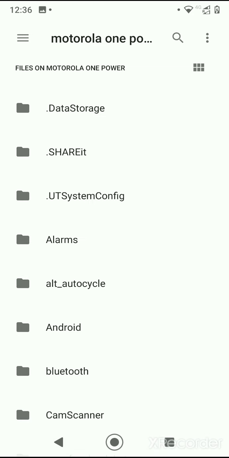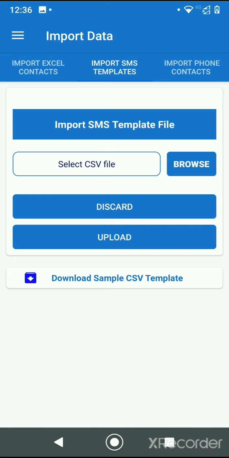So I go back, I do not select. So that file will be uploaded here. So that is the permission we are taking, so the user can upload his own SMS templates which he can use, or upload some data which he can use, that is safe and secure using his login credentials, and all the encryption we are doing.